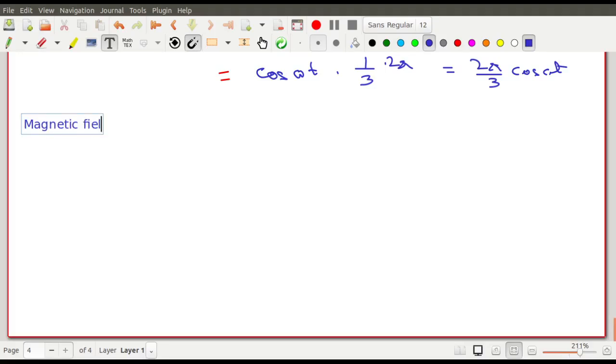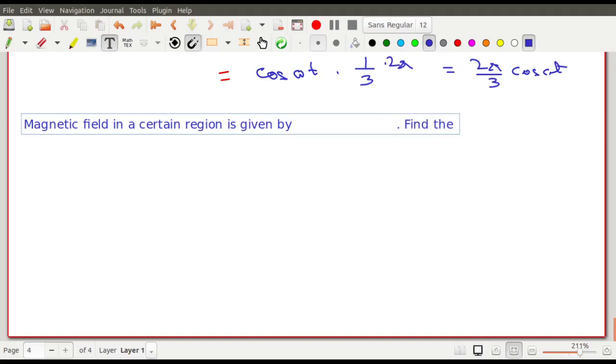Magnetic field in a certain region is given by something. I will write it later on. Find the magnetic field. No, not field. Flux. Find the magnetic flux through